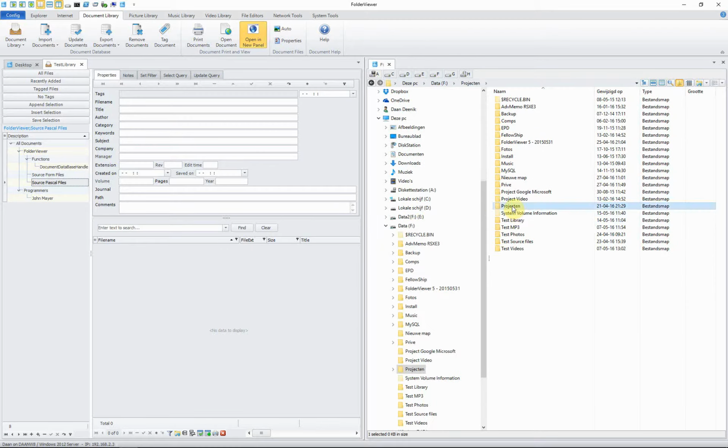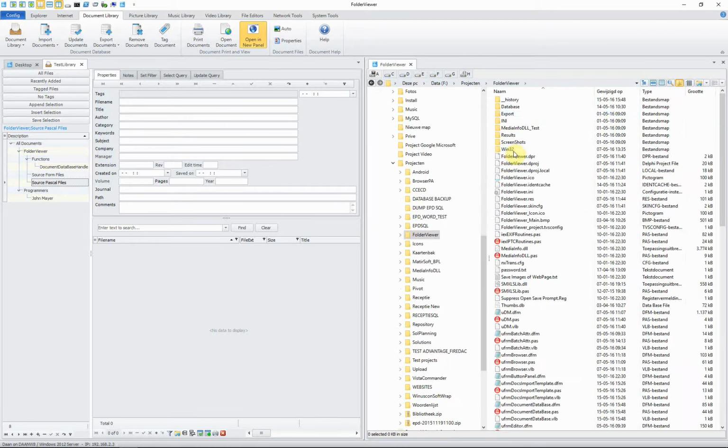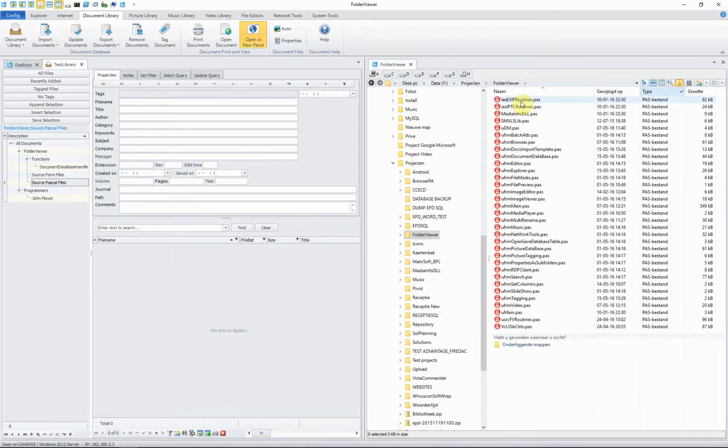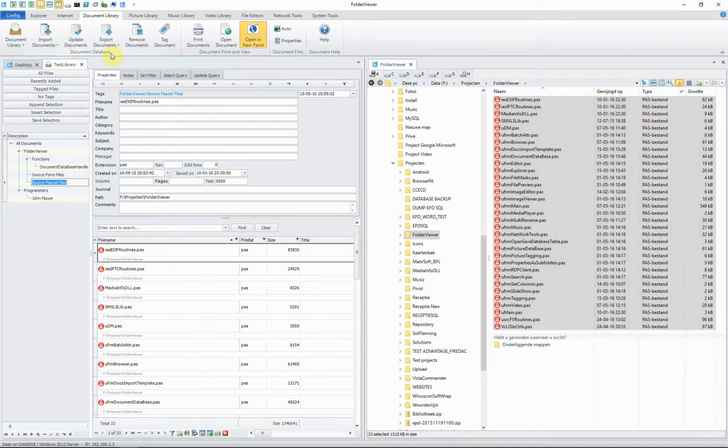We go to the project files, open FolderViewer, and we select only the file type Pascal. We select them, Ctrl A, we select the node source Pascal files. Next, we're going to import the files into the library. We select Add Documents using the tree node, and you will see that now the files